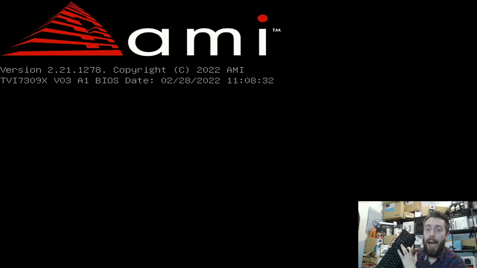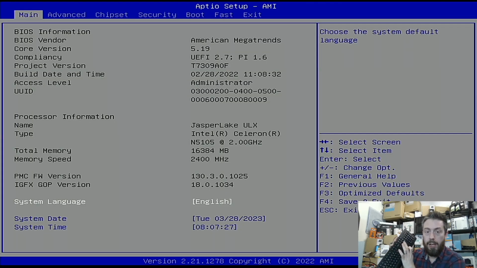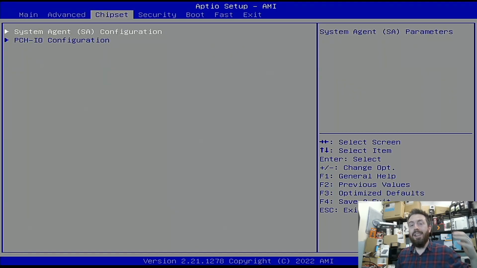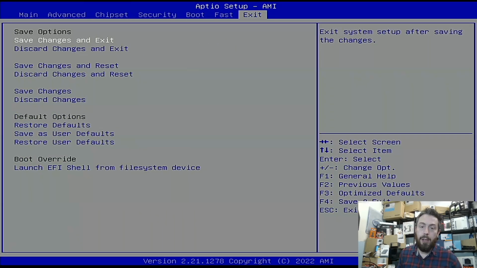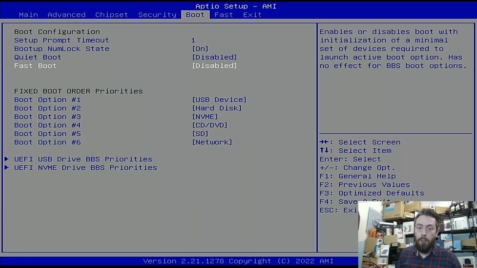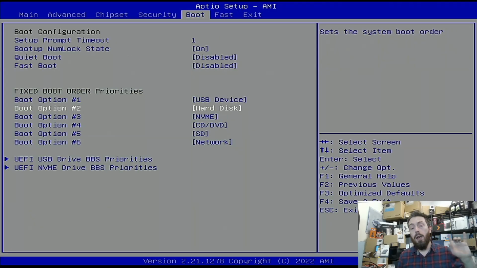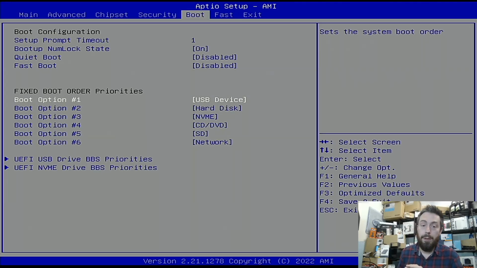Now, we don't necessarily have to do this bit because the TerraMaster is designed to boot first and foremost from the storage media inside. But the Proxmox installation starts on the USB drive inside the system. So although it checks the USB, we need to make sure that the system is going to boot the Proxmox installer, the launcher, from USB, and then later on continue to work from the M2 NVMe. So what you need to do is make your way over to the settings in the boot menu and double check the order there. Now, as you see, the USB drive is set to default from my previous ones.